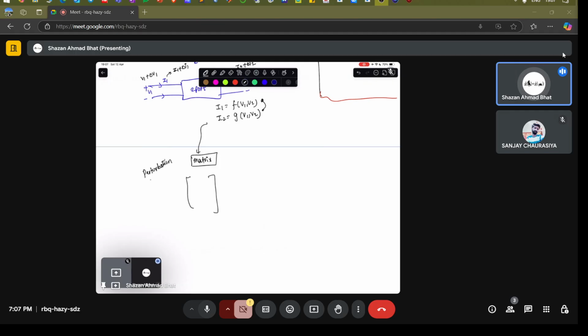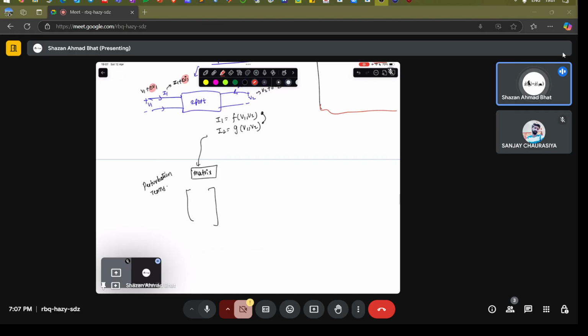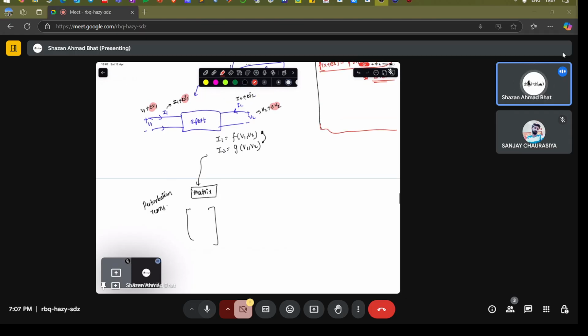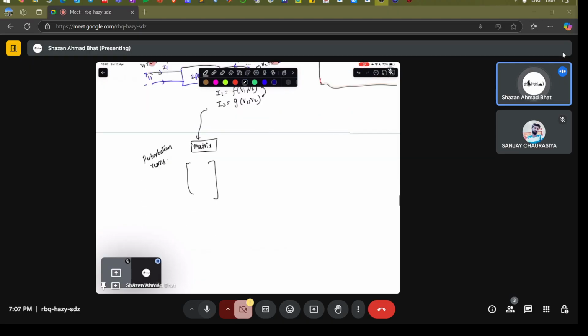You can denote the perturbation terms, which are basically these particular terms. Perturb means disturbance, a small disturbance you have given. You can write small delta I1, small delta I2, and they are related to small delta V1, small delta V2 by something called